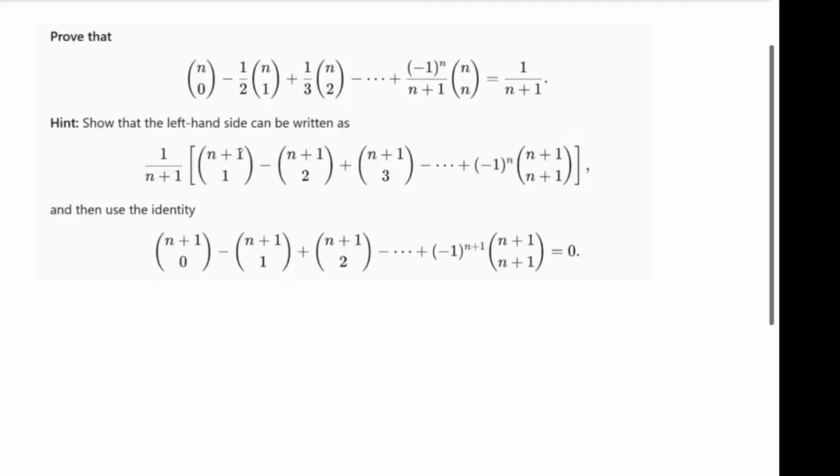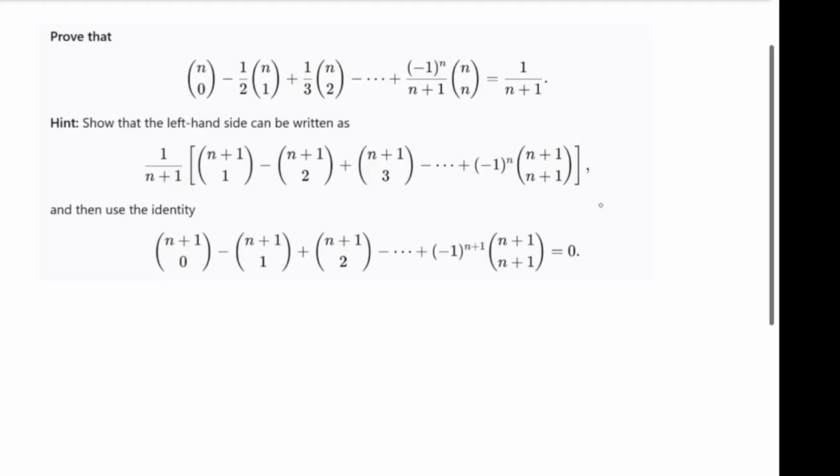And then we're going to use the identity that we proved in a previous video, but instead of n plus 1, it was up to n. Of course, this works for any n greater than or equal to 0, so it'll work for n plus 1. So we're going to use this in order to show that